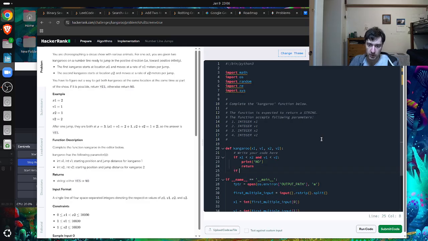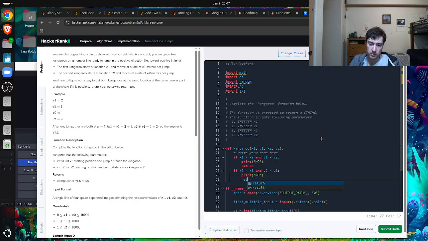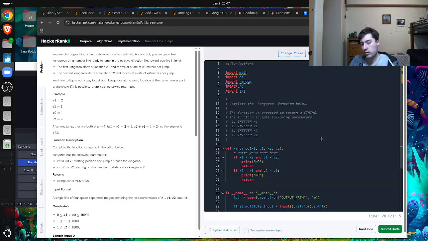Likewise, if x2 is less than x1 and v2 is less than v1, print no and return. Okay, now I guess I could have captured this in the actual thing,